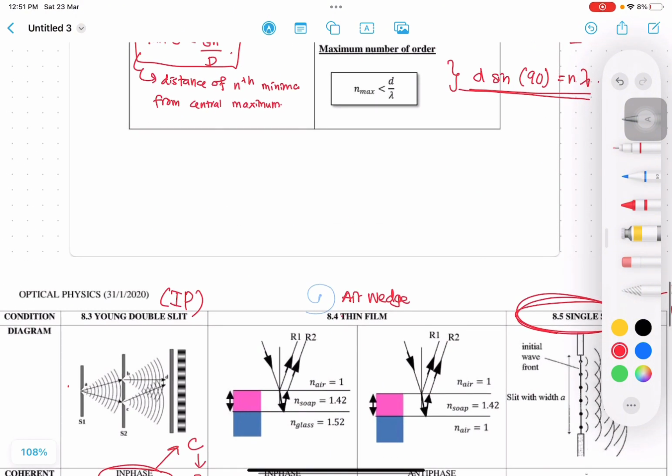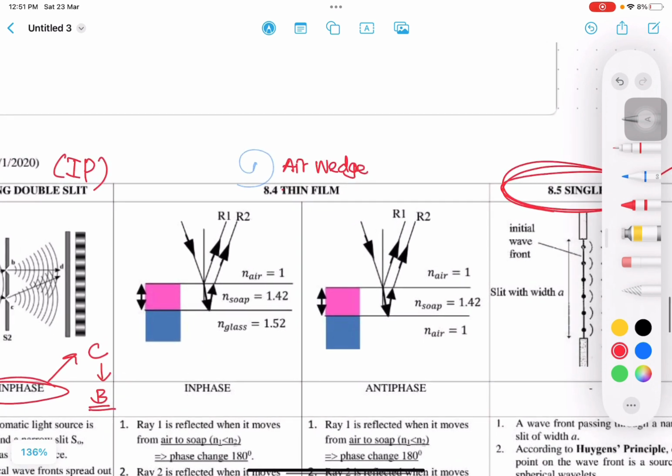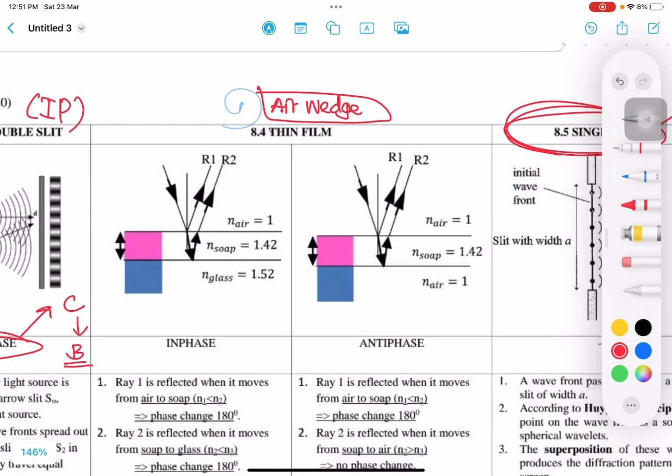Alright, then we are going to jump into the reflection and refraction. We have the thin film. Also, a wedge is inside this. Alright, thin film, we have 2 situations. Let's look at the first situation. It is from 1 to 1.42 to 1.52. So basically, it's going to increase in terms of the